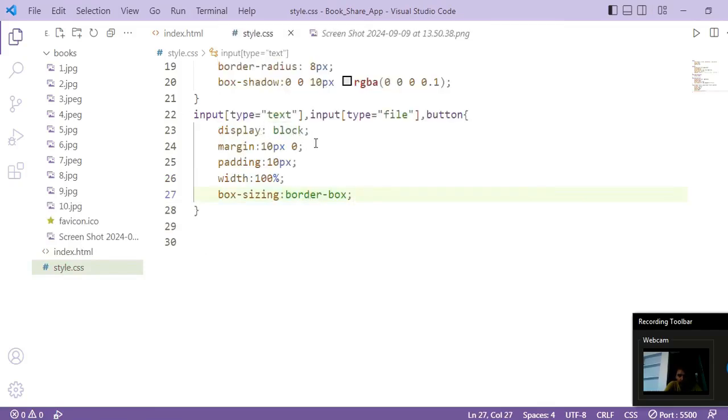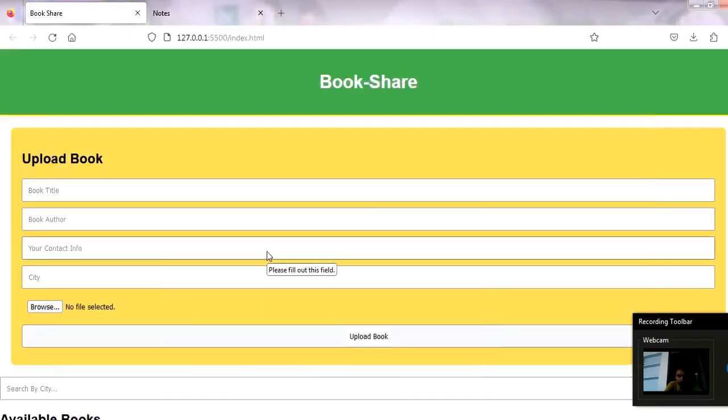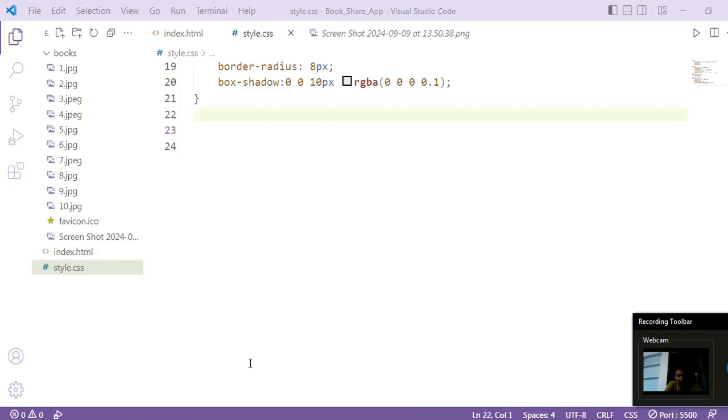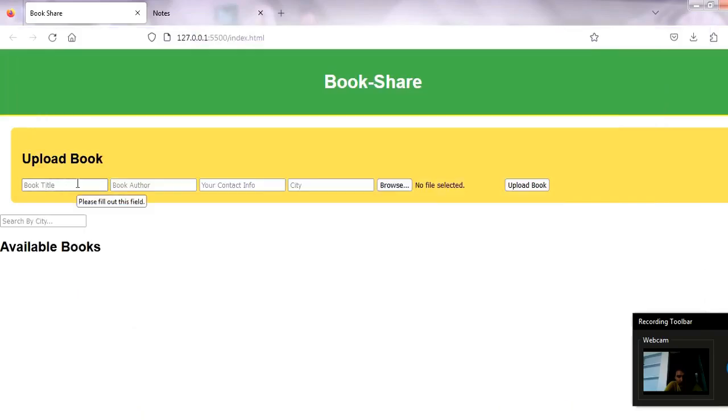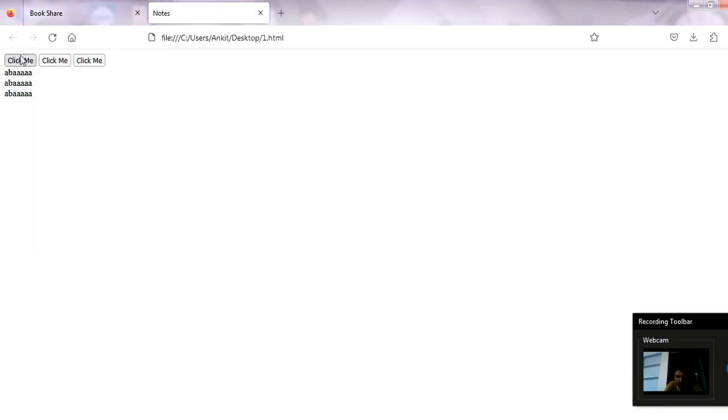Okay, see, we have two types of elements. One is block level element and another is inline block level element. Okay, so if you see here, we have applied the CSS, and if I remove this CSS and show you here, then you can see that input field and here image field and here button field all are coming in a single line, right? So they are inline block level elements. Okay, whereas divs are block level elements, so they start from a new line. So here is a simple example I have made to make you understand. See here buttons are coming in a single line. No matter how many buttons I place, they will come in a single line.